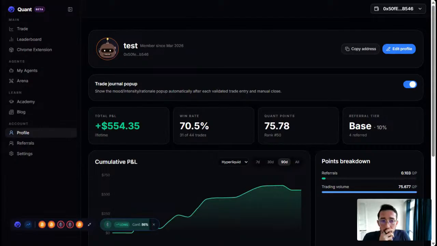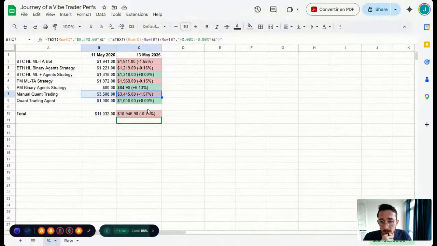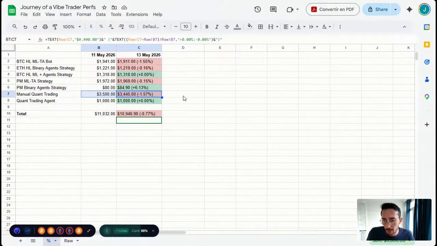And let's go back to the performances of everything else. I don't know if you remember if you were here, but if you were not, I also have a couple of bots. One on Polymarket, for instance, is the following. It didn't move a lot. Essentially, it's a bit of profit today, but it was a bit down yesterday. So pretty flat. We're still happy with this one. It's doing well, so we'll see how it does later on.